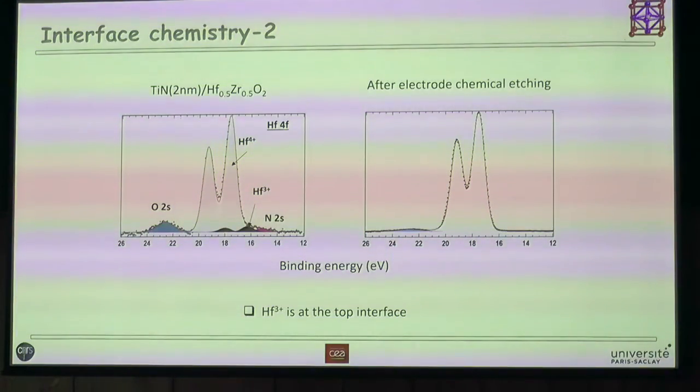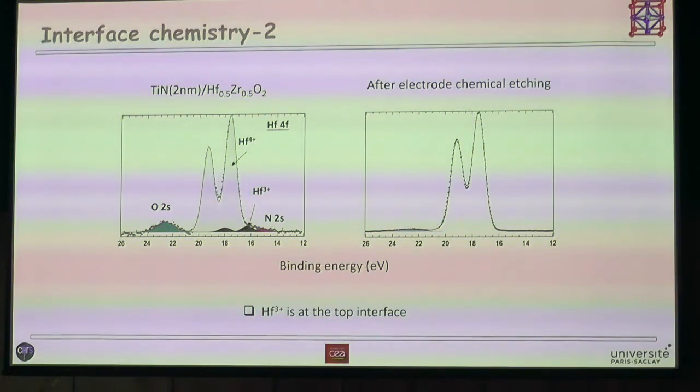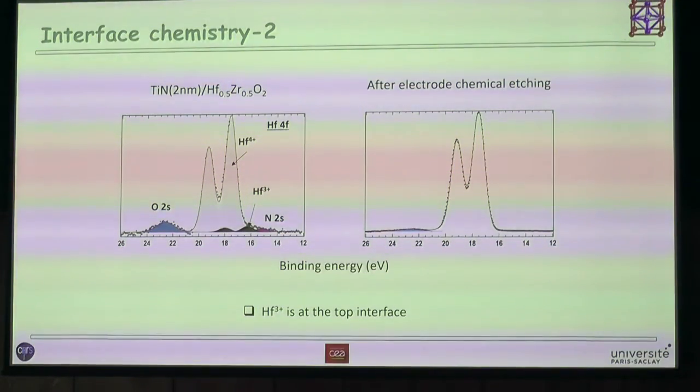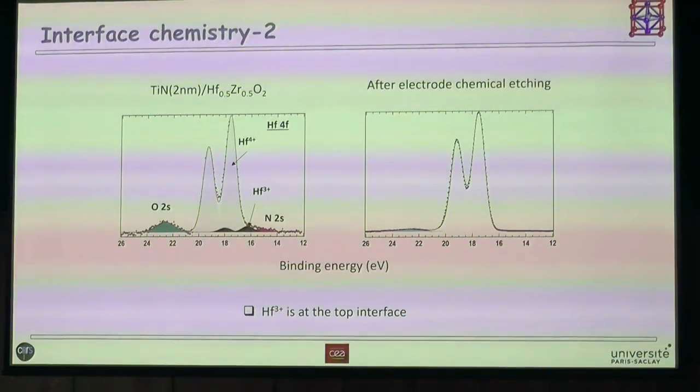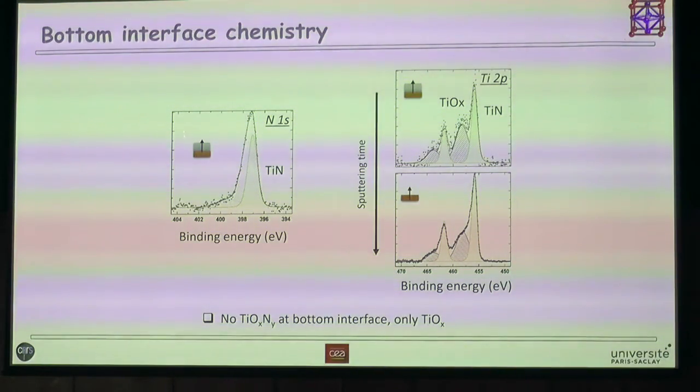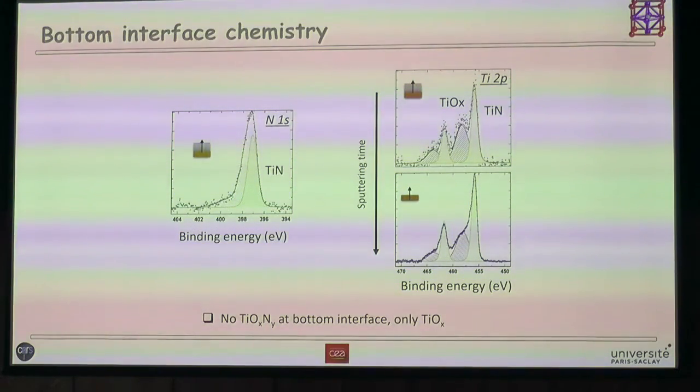A confirmation of this comes from our chemical etching experiment, where before etching, we saw, on the previous slide, a significant signal from reduced hafnium. After we'd etched completely the electrode away, this signal has disappeared, confirming again that the reduced hafnium is at the interface with the titanium nitride. We can even look at the bottom interface if we etch further. And when you etch further, what you see from the two core levels, which give you information on the bottom electrode,